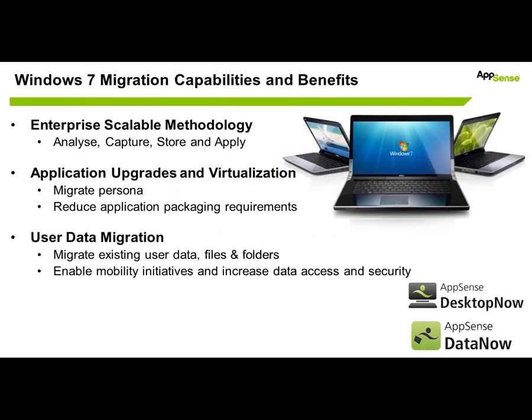And that leads me nicely, or hopefully nicely, onto some of our capabilities and benefits. I apologize to those that may already be aware of this, but we really look at how we can, at an enterprise level, scale out a methodology that allows people in a phased approach to migrate seamlessly to Windows 7. And the way in which we do that is 4 steps, as it says there. We actually analyze and capture on the existing Windows XP estate, store that information separately, store that history and that persona separately, and then apply that on demand when the user chooses, or when IT chooses to use that user